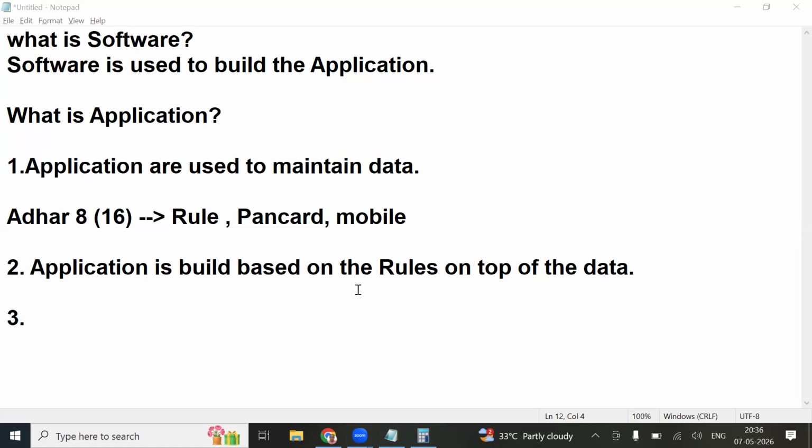That means your data is maintained there. Now tell me, without data, are they building any application? No. So at the end of the day, any application you are building is for the data. You understand my point?